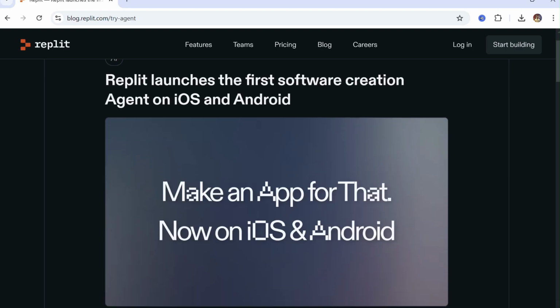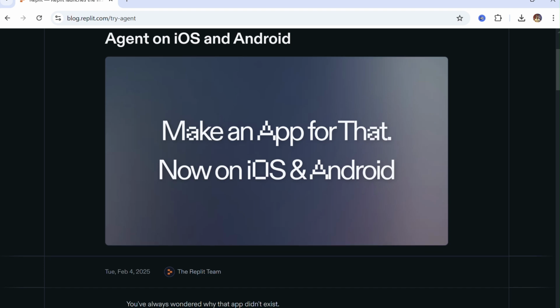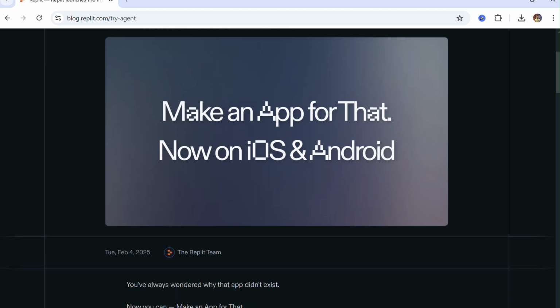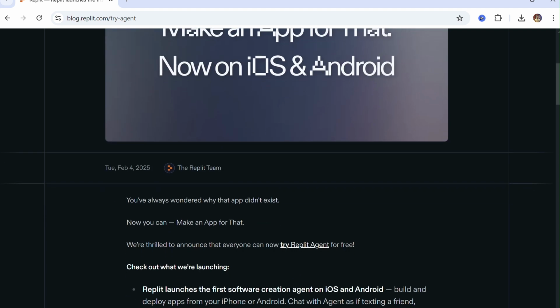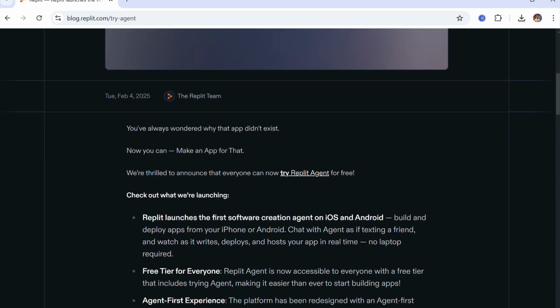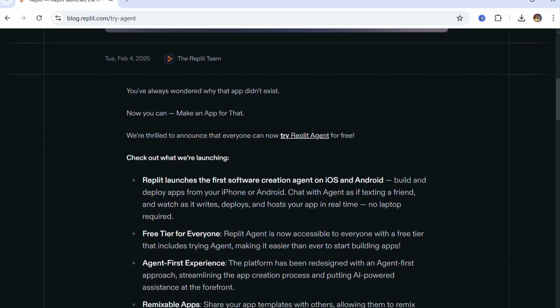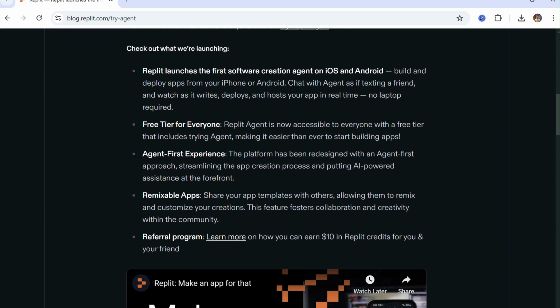Replit has launched its AI agent for iOS and Android, revolutionizing app development by making it more accessible than ever. This powerful tool lets users create, deploy, and host software projects directly from their smartphones. No laptop needed. Just describe your app idea in natural language, and the AI takes care of the coding and